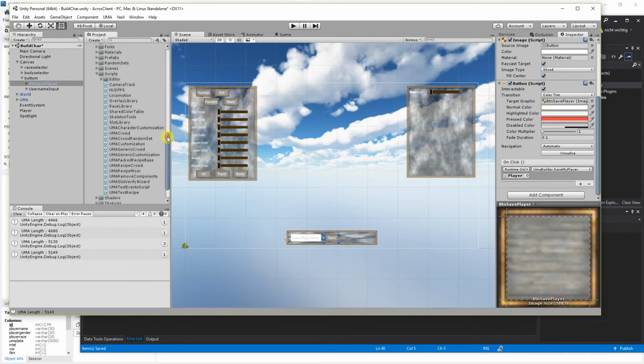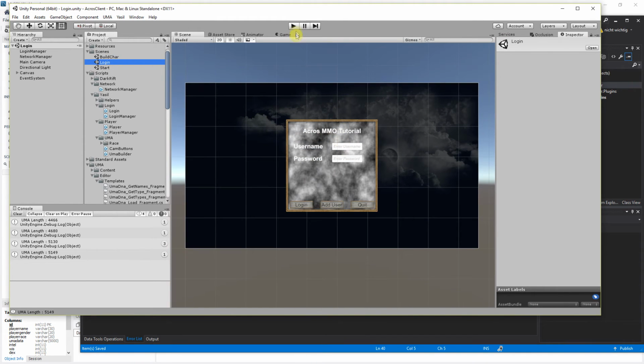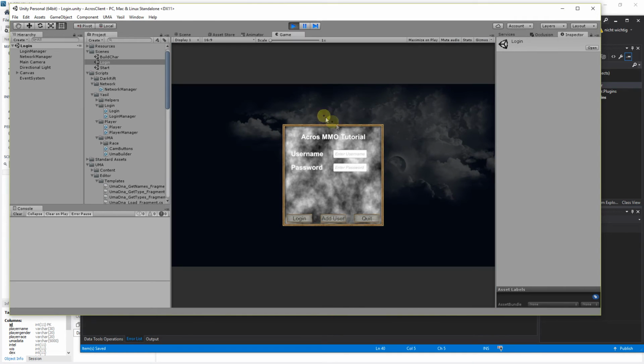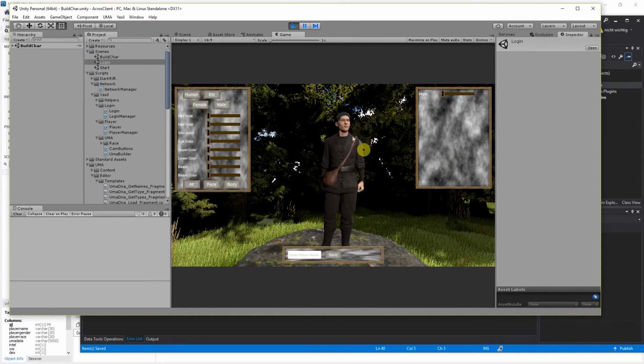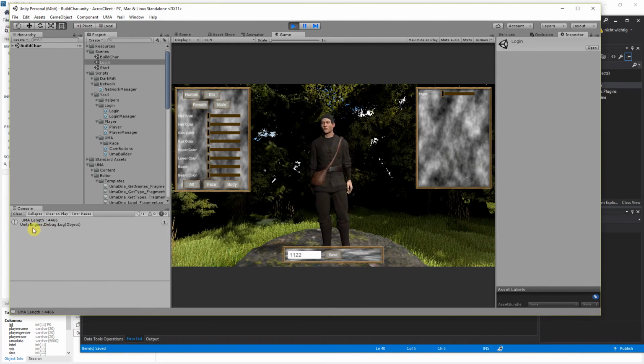So, I think we should have everything. We save, go to login, and go to startup. As we all know, 2 and 2 is a valid user. We log on. You see my UMA here, and we type in the name and go on save. And you see the UMA length is here